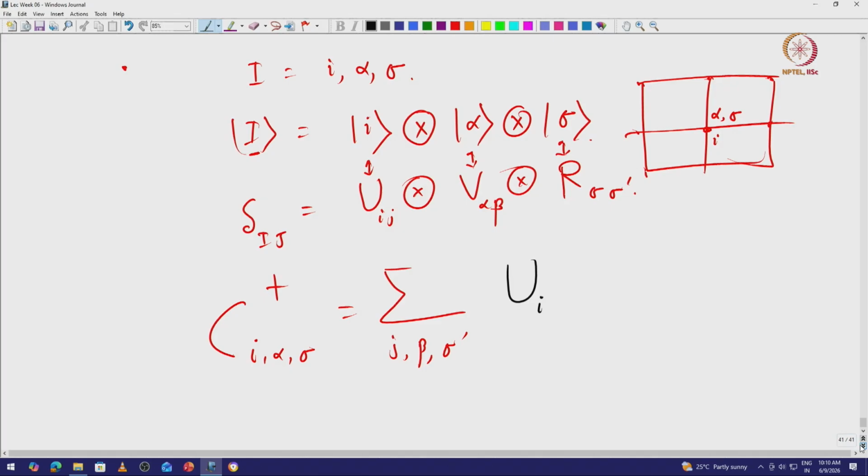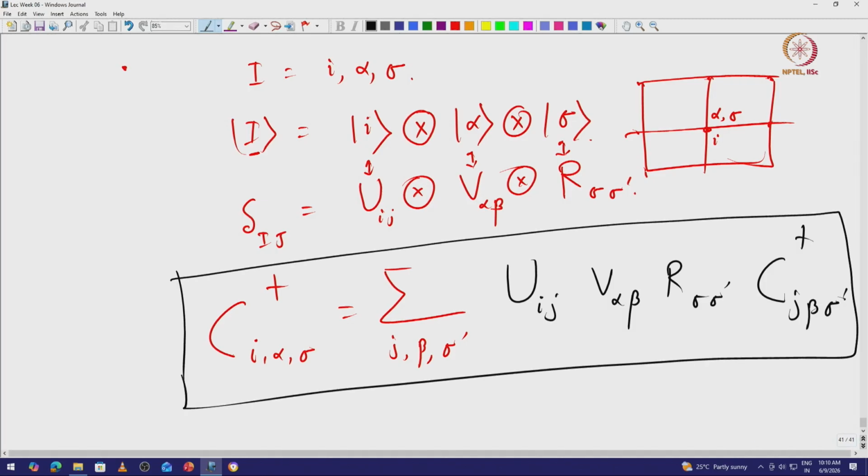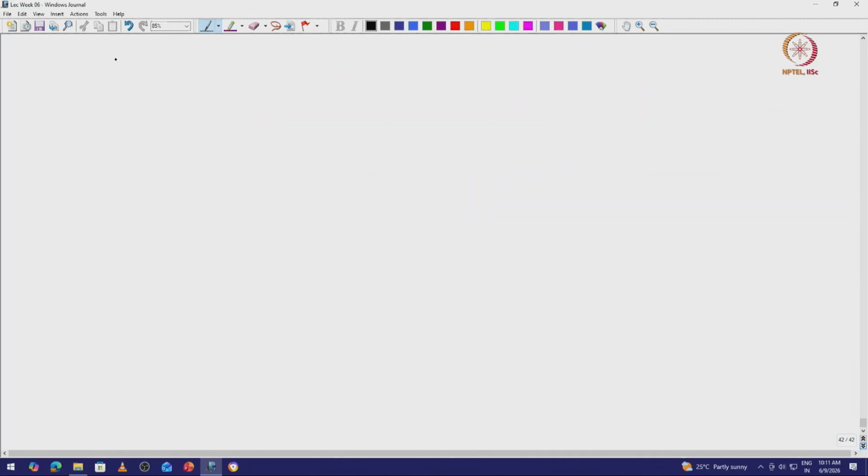So, U_ij V alpha beta R sigma sigma prime c dagger j beta sigma prime. So, you can look into each one separately and get a better idea about how things change. So, now in momentum space,